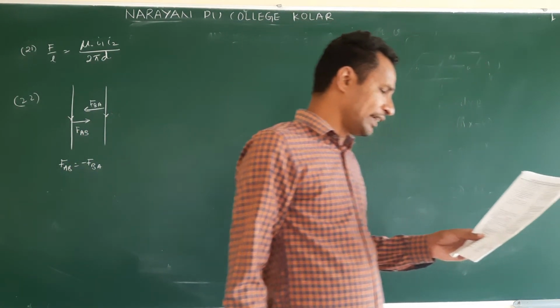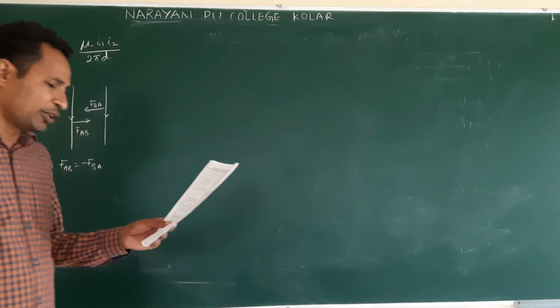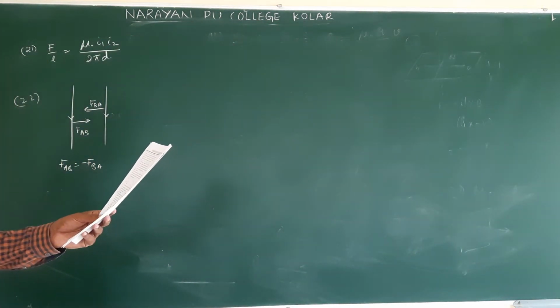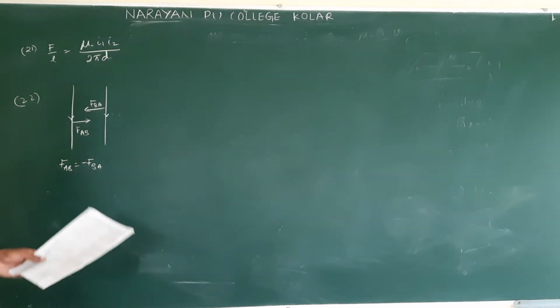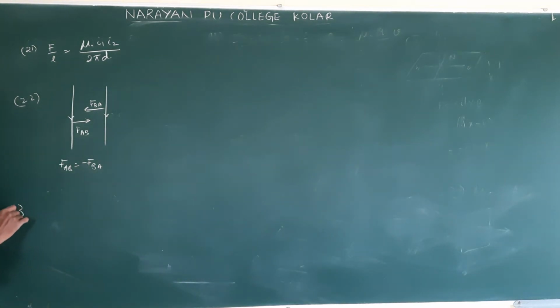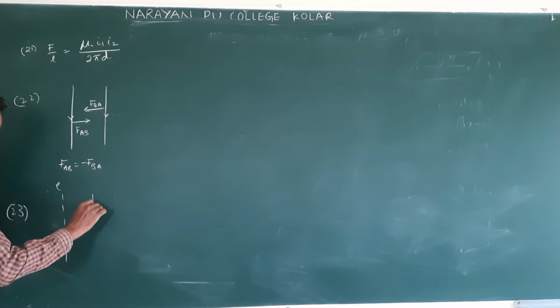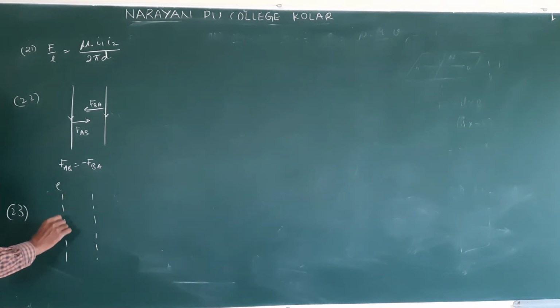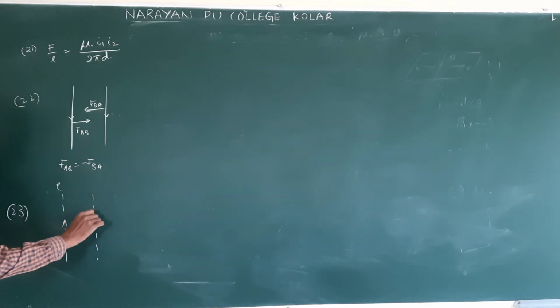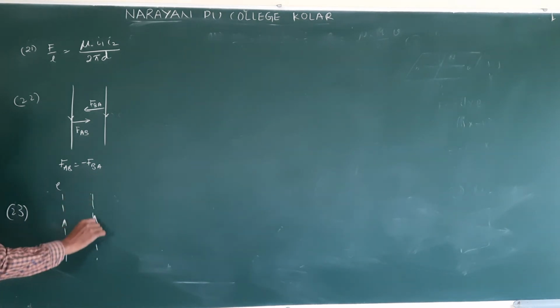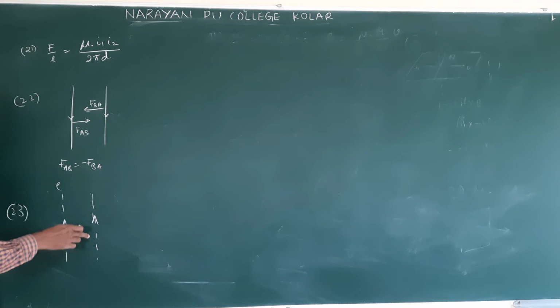23. A beam of electrons and protons are moved parallel to each other in the same direction, then they attract, repel, no relation, neither attract nor repel. One flow is what? Electron. Another flow is what? Proton. Let us say the electron flow is like this, proton also in the same direction.